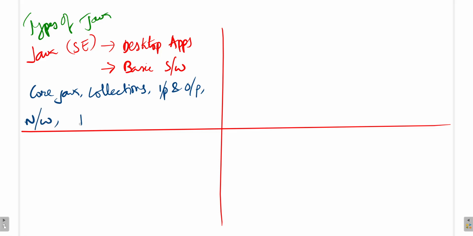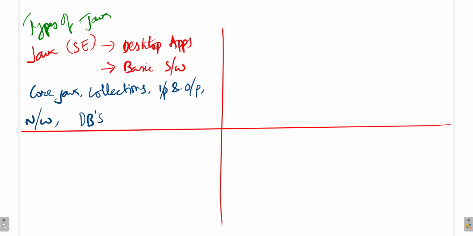And we have databases. So if at all you learn this, you will get a job. Only concentrate on Java SE, core Java, collections, input output, networking related Java development code, and database connectivity. We will talk about each and everything in detail, like I will feed you everything like a school kid, right? This is the first type.